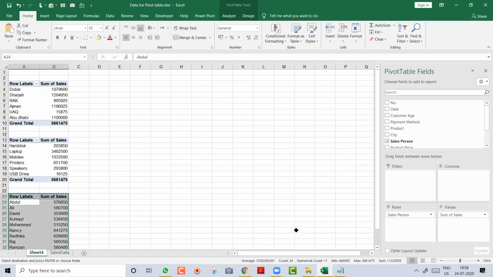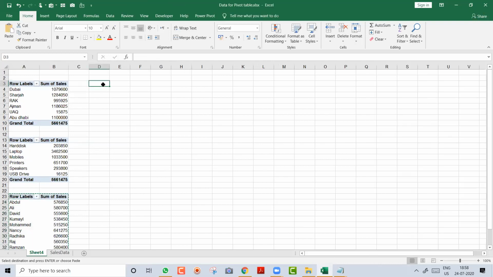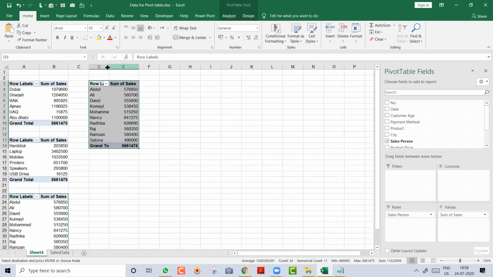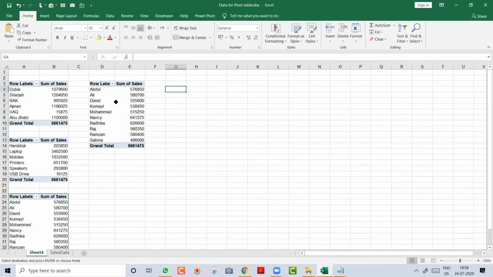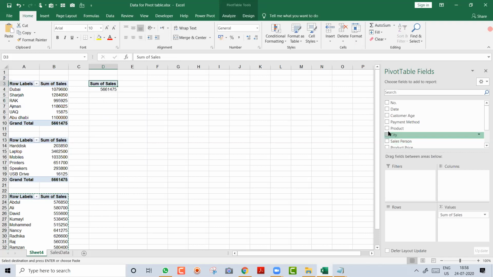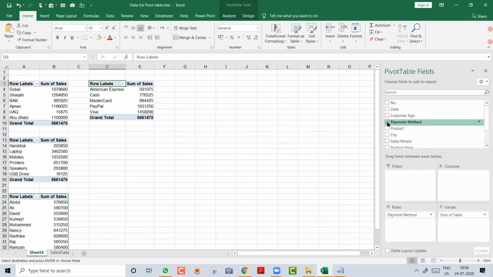Again, I will copy this, put my cursor here, and paste. I will quickly adjust the column width. Now in the fourth table, I don't want names because a name report is already there. So I remove the salesperson and want payment method. So I got another report of payment method.